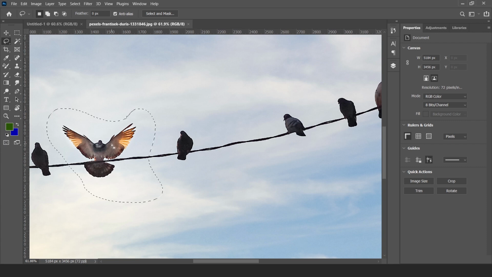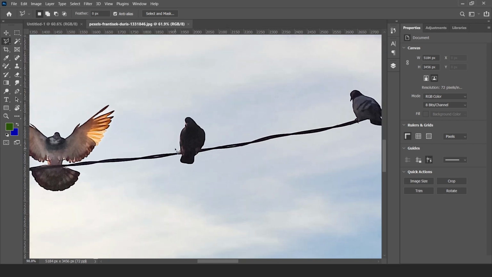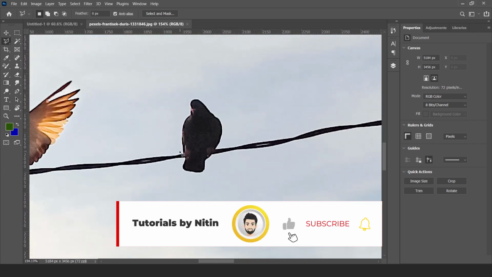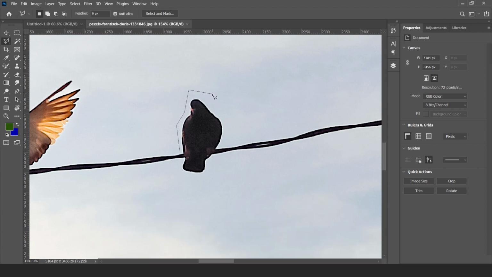Okay, now next is polygonal lasso tool. Polygonal lasso tool is like we can create points. This is more accurate than lasso tool.